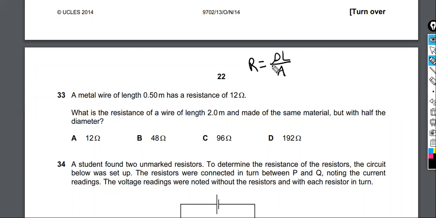Okay, so at least we can say, here's the equation that relates to the information I'm given. And so here we were given an original length, L. We were given a resistance, R. Being told that it is made of the same material is saying that the resistivity is the same, right? Resistivity is that property of the metal that says how well will it conduct, okay? So it's measured in ohm meters. All right, and then the area